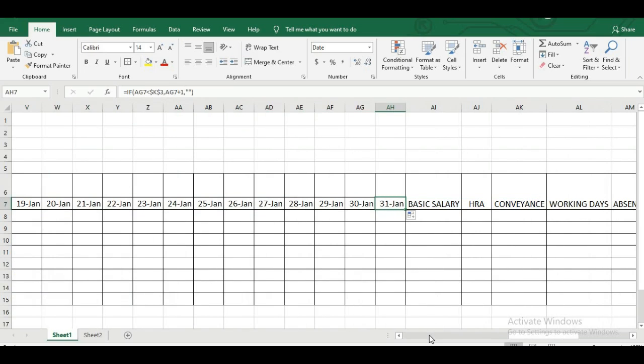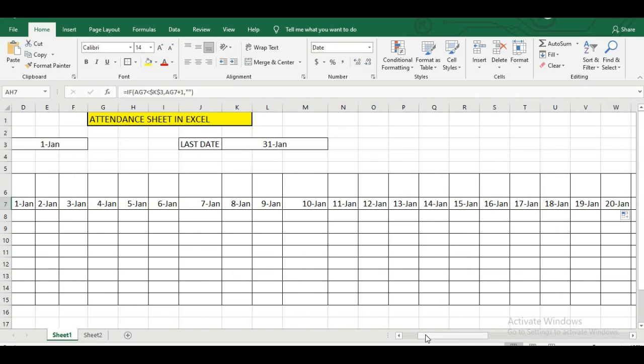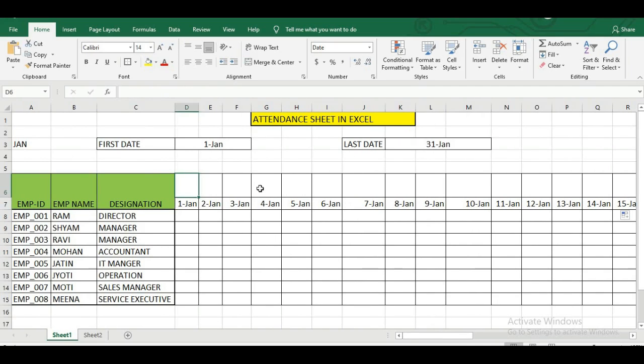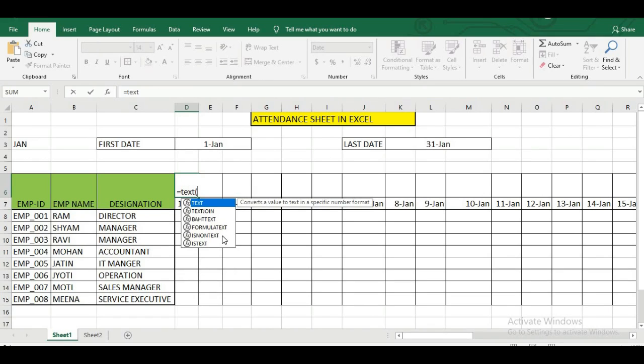So our month is still 31 days, so I will get all the dates. Next thing I need to do is go here and find out the month, day of the month. To find out the day of the month, I put equal to here, then I will put TEXT, bracket open,